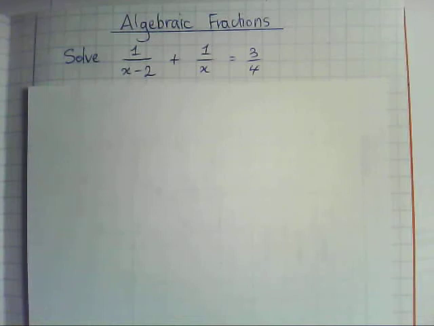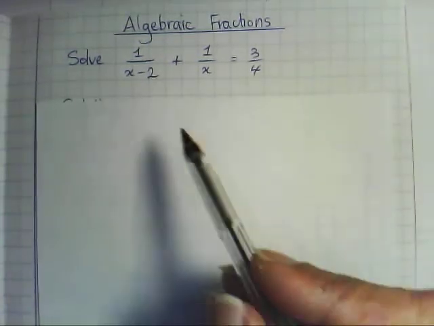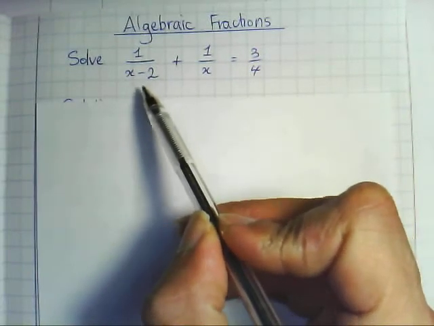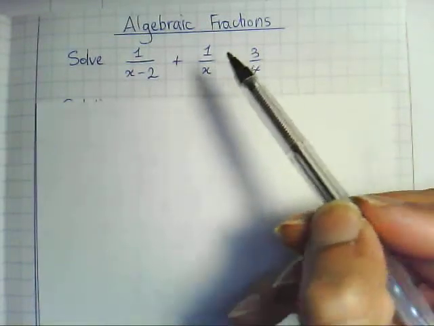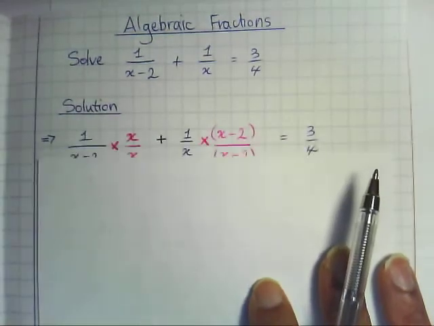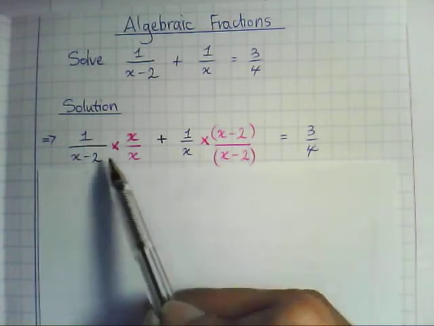In this question, we're asked to solve this algebraic fraction. So the first thing we want to think about is looking at these denominators. How are we going to get a common denominator? So what we can do is we can multiply the first term, which is 1 over x minus 2, by